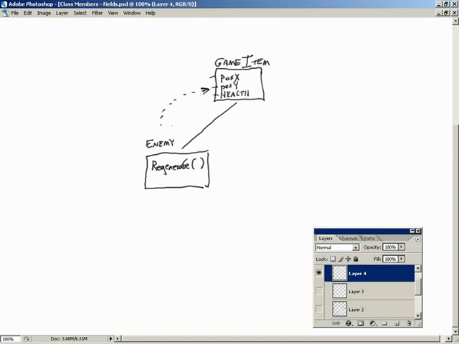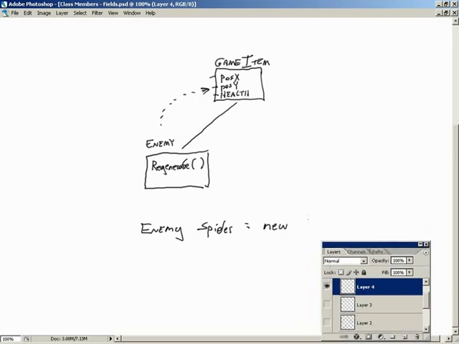If they're all public, and I come down here and check this out, I now say that I want to create an enemy that's called a spider. And what's he going to be equal to? Everybody knows he's going to be equal to a new enemy. So now I have spider,